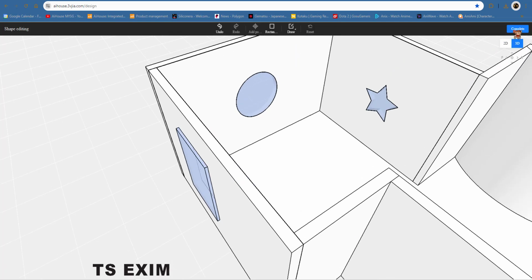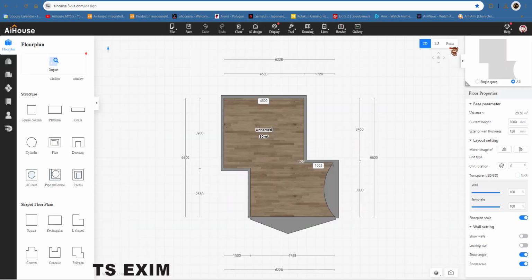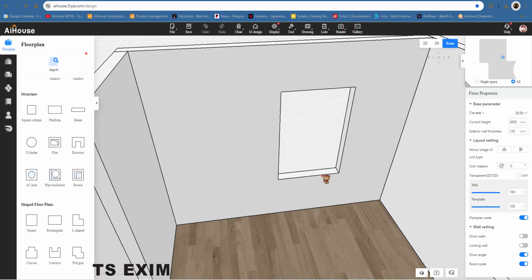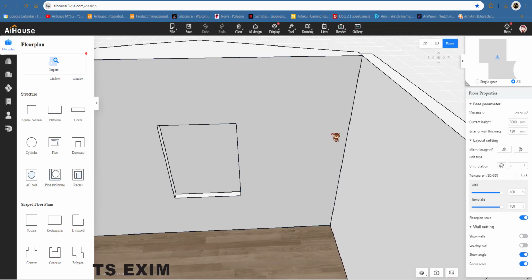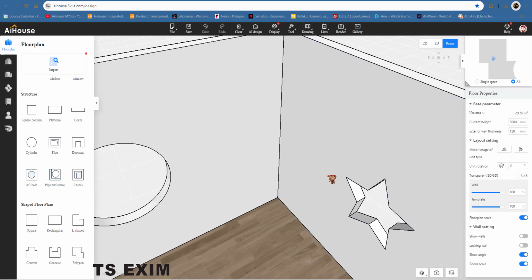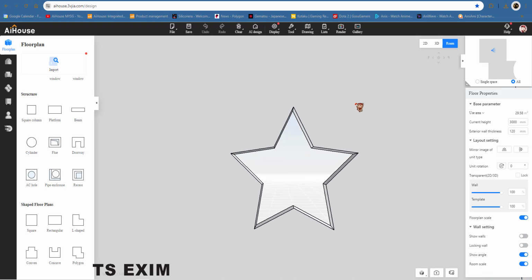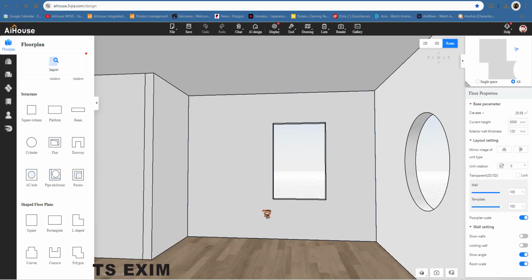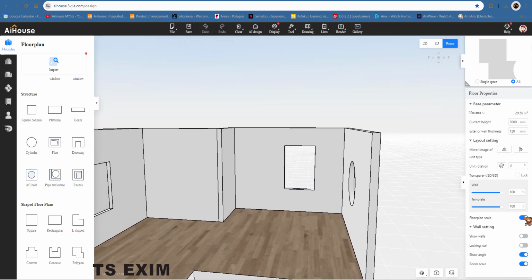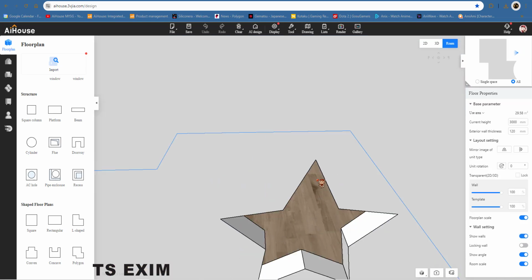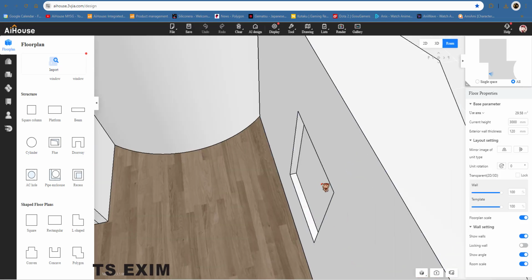So when you press complete, when you press room, for this it's not affected right now because here I did not open the wall. But you can see here, I put 200, 200, 200, it makes a hole here. You can see it through. So display wall, show wall, there's a hole. So this is shape